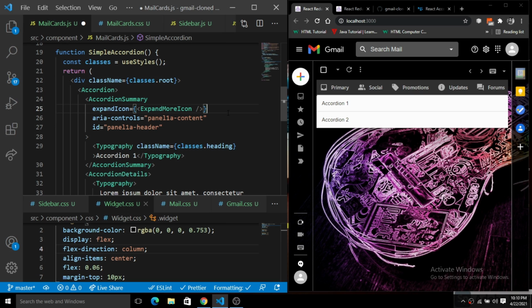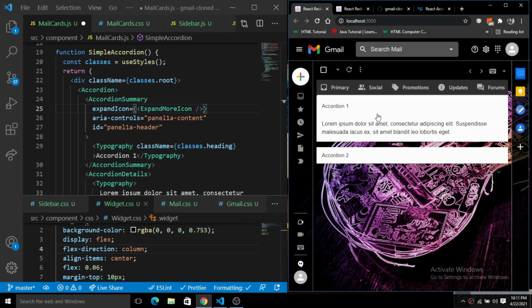What you will see on the screen without expanding the accordion is the accordion summary. And when you click on the accordion and expand it, the content inside is the accordion details. So the accordion summary contains the things that you will see without expanding the accordion.